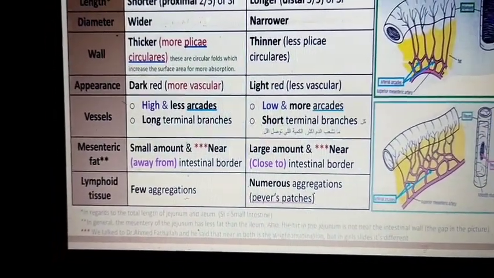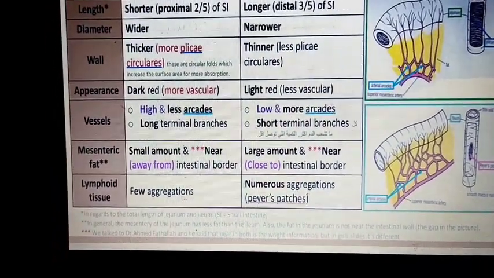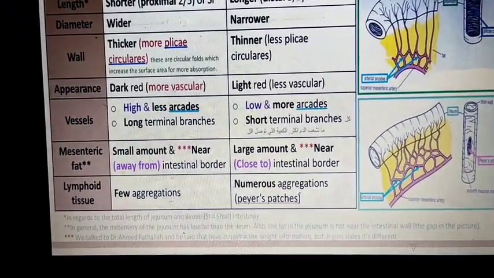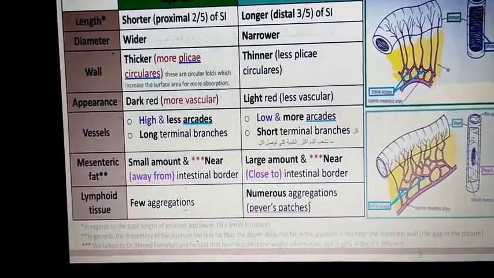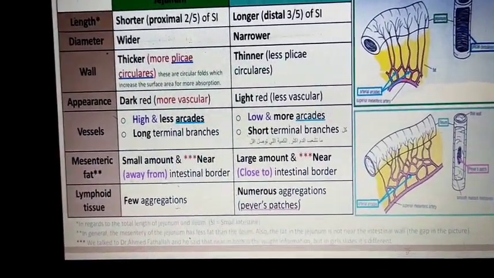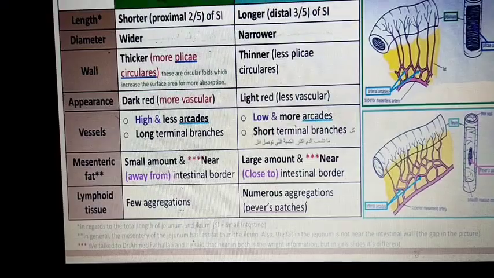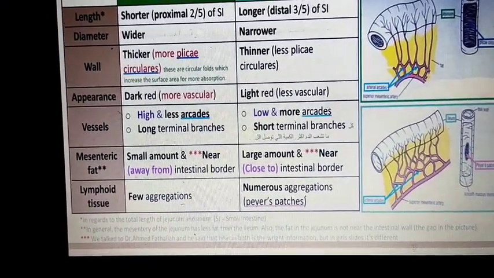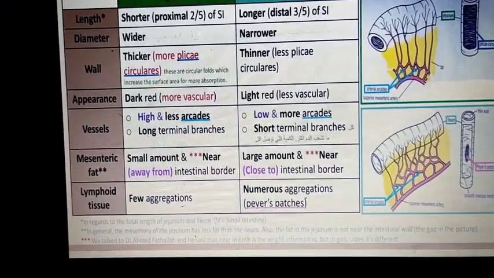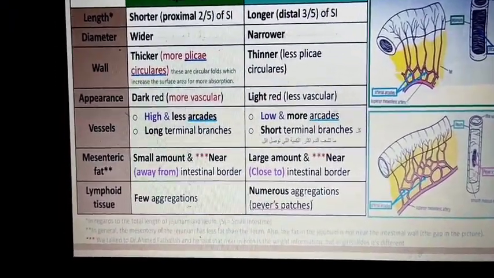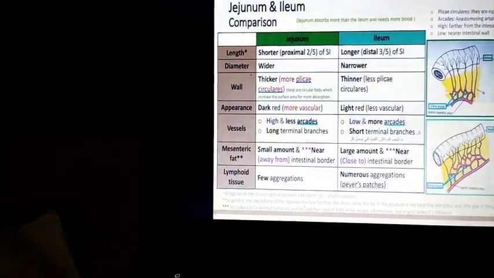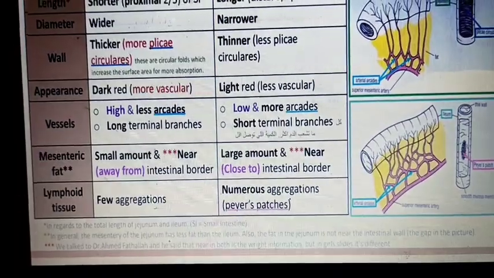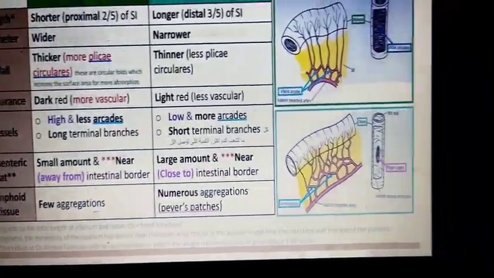The jejunum is wider because it contains more plica circularis, which are nothing but circular mucosal folds, and these are closer together and more numerous in the jejunum. Because of that the jejunum is wider, and the ileum is narrow because there is very little plica circularis, and the distance between two plica circularis is greater.